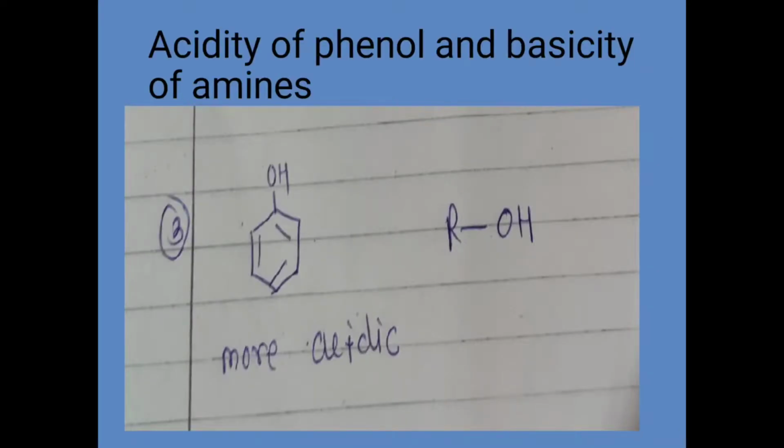Third, acidity of phenol and basicity of amines. We know what is meant by acidic: remove H plus ion. In the first structure and second structure, the first structure is phenol and the second one is alcohol. In this molecule, phenol is more acidic than alcohol because of the presence of the resonance. In this way, we can find out acidity